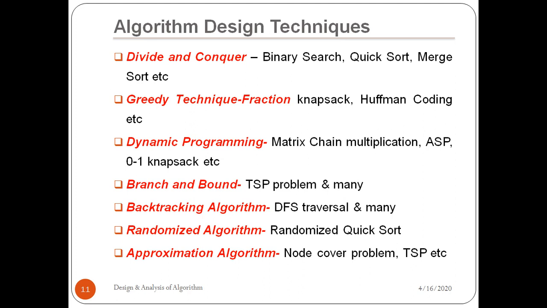Before I wind up my lecture, let me tell you once again the main factors that affect the efficiency of an algorithm. One is the time factor, another is the space factor. The space factor you can easily understand. It means the amount of computer space needed by our algorithm to run the program. It is in terms of either KB, MB or GB. You can consider anything. But what about the computer time, right?